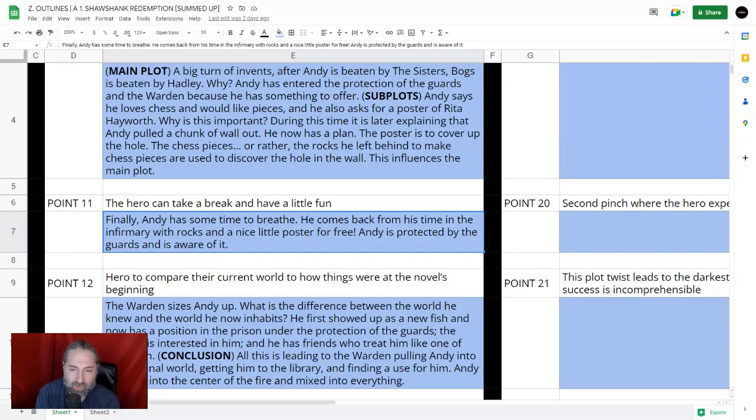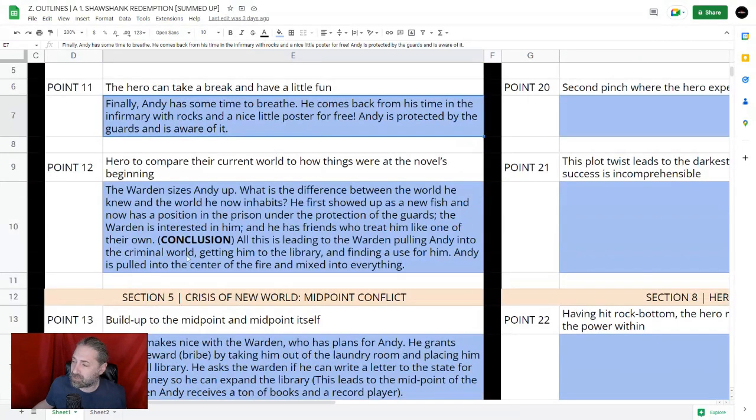Andy in general during this section of the fun and games is finding his stride. He's really coming together. He's not stressing out. He's not running and hiding. So we get to see Andy spread his wings a little bit, which brings us to how he compares the new world